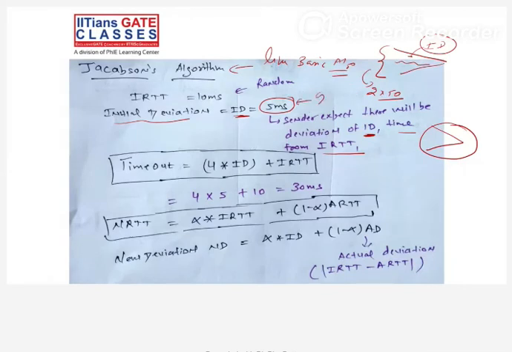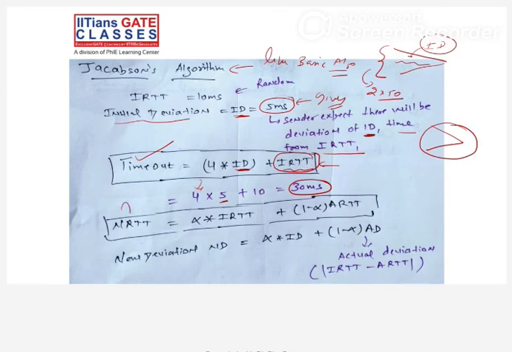On the basis of the new round trip time, we can calculate the timeout. How? See this example. Now your alpha is 0.5. This value is given, right? Why are we using the initial round trip time? Because from the initial round trip time and your actual round trip time, we can say whether traffic is there or not. By using this value, we can judge whether there is traffic in the network or not.